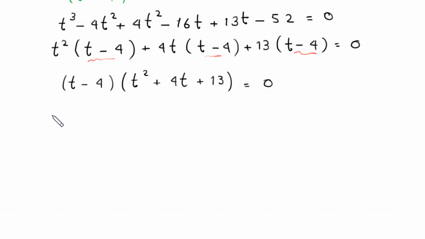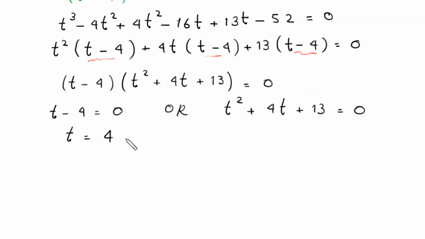From here, either this expression t minus 4 is equal to 0, or this expression t squared plus 4 times t plus 13 is equal to 0. From this equation we get the value of t is equal to 4,